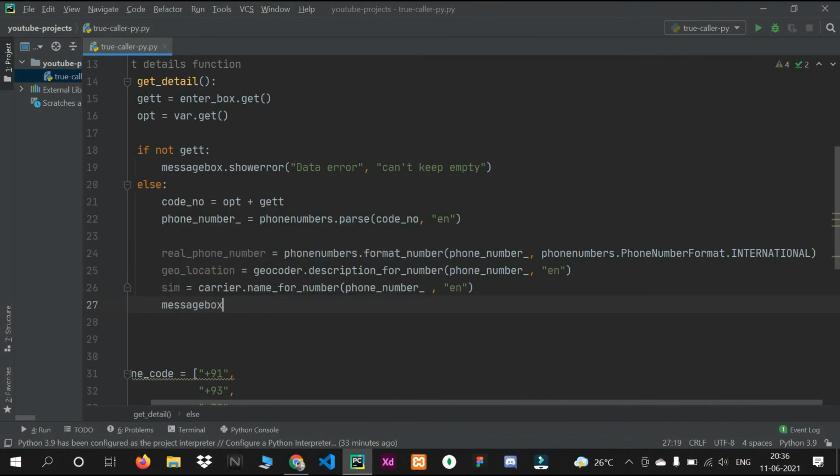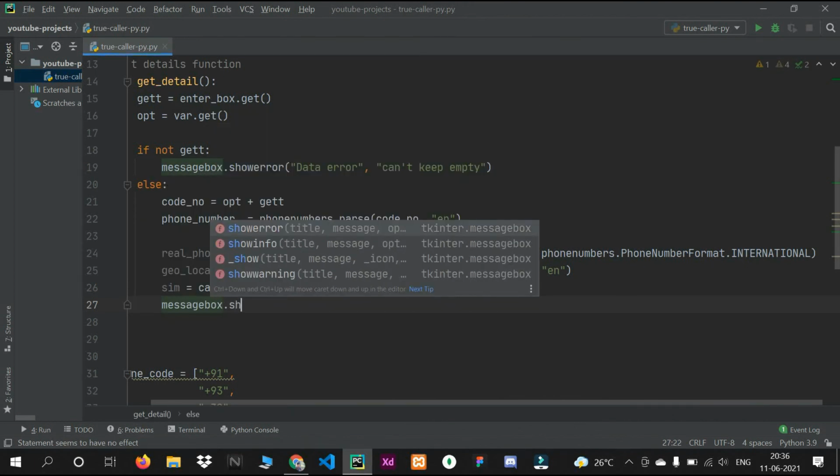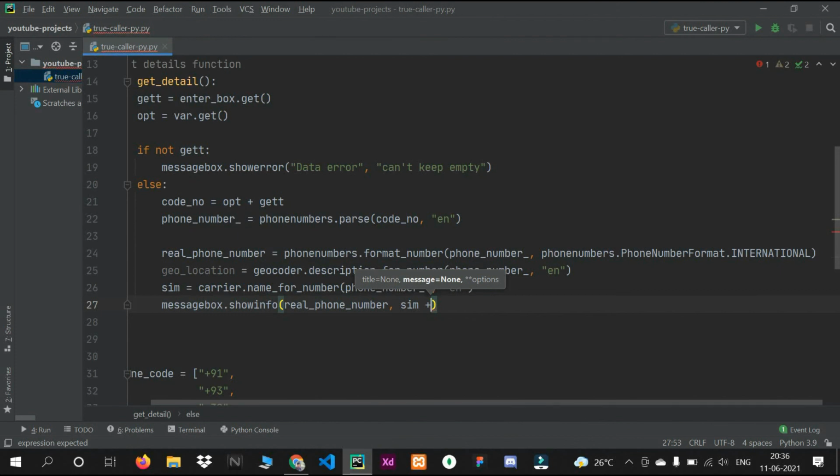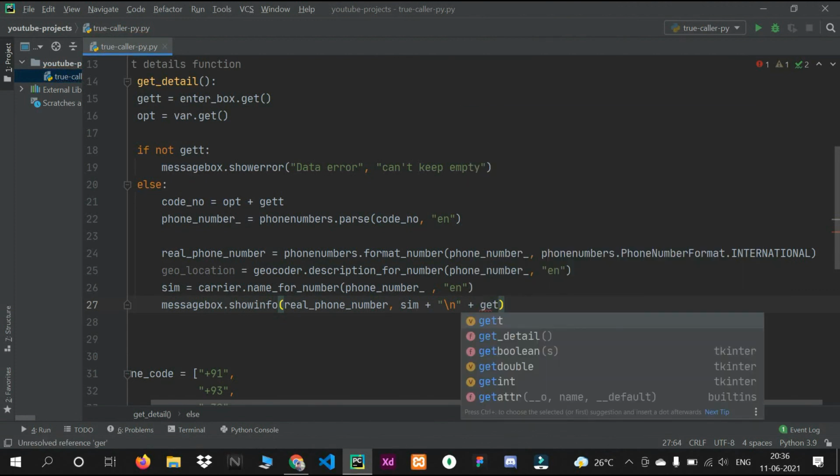So message box dot show info, and then real phone number. It will show our phone number plus SIM, and then I will use the string. So concatenate string, backslash n, and again join the string with the plus operator, and get details.